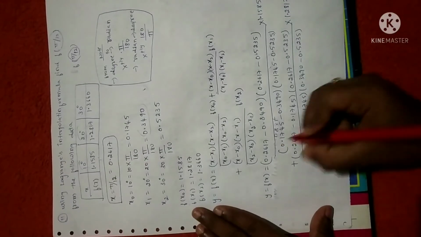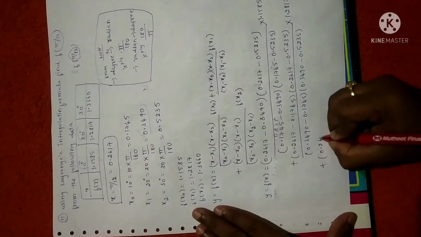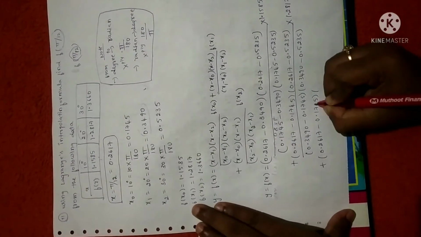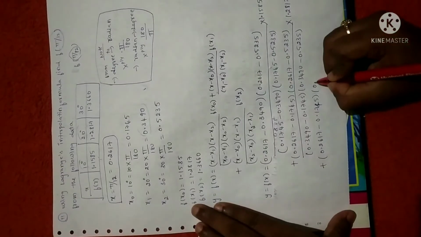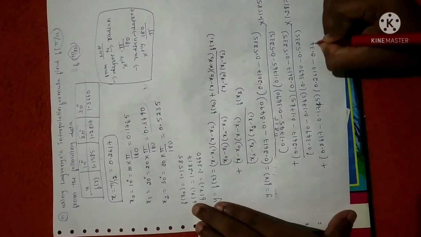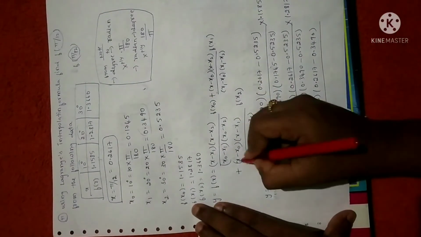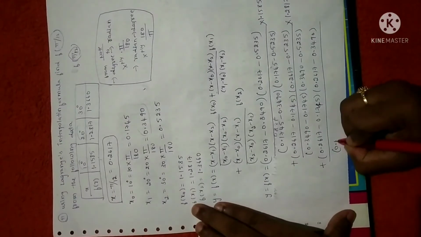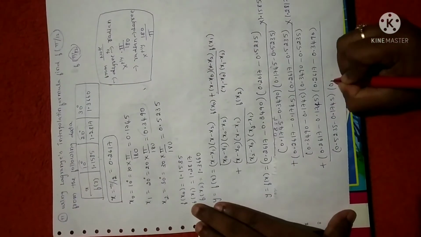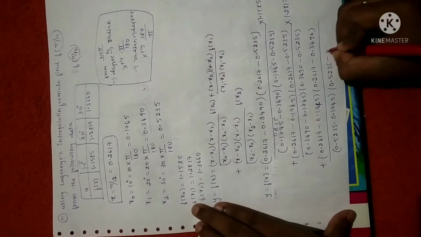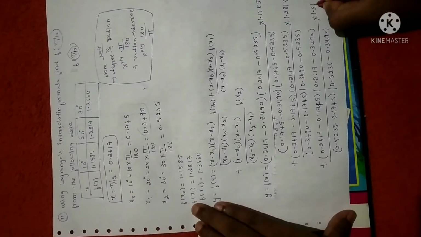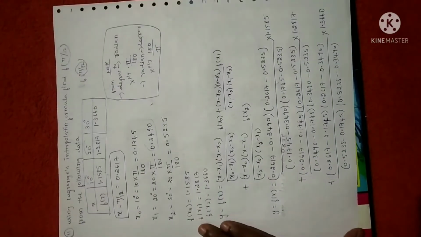1.2817 plus third term x minus x naught. X is 0.2617 minus x naught is 0.1745 into x minus x1. x1 is 0.2617 minus x1 value is 0.3490 divided by x2. x2 value is 0.5235 minus 0.1745. Once you have written the numerator, it is easy to write the denominator just by writing the same terms, right? 0.3490 into f of x2 is 1.3660. Now we need to simplify this.